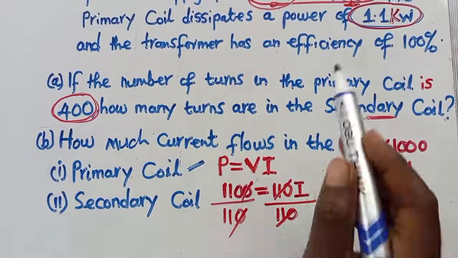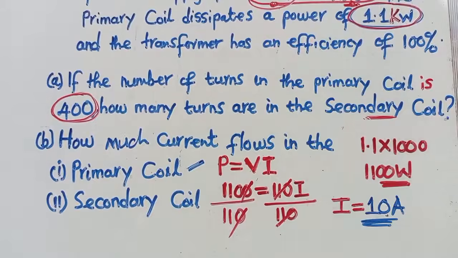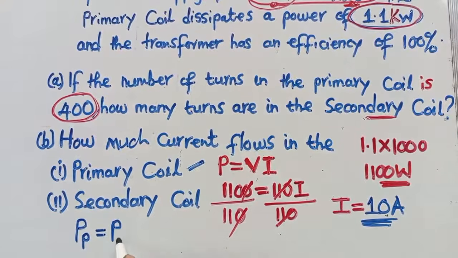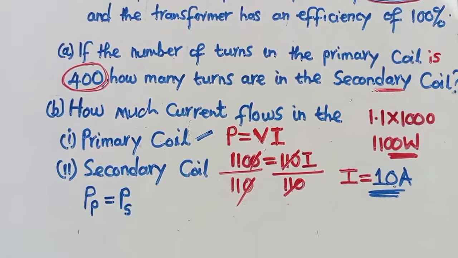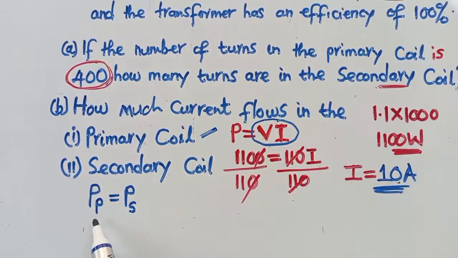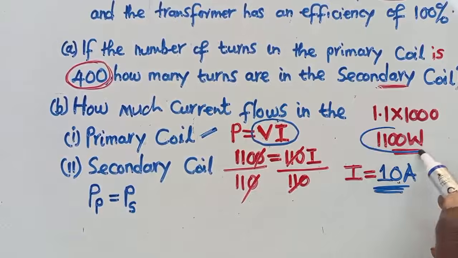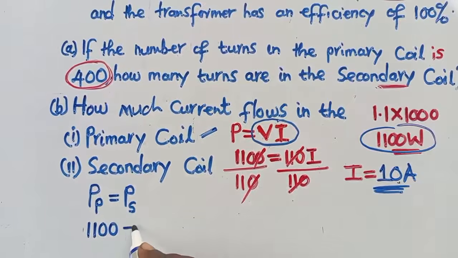Secondary. There is nothing being said there about the secondary if you analyze the question. So what we are going to use is a formula that states that power in the primary is equal to power in the secondary. So this is the formula we are going to use. You know the formula for power is this one. Power in the primary is already given, and we've calculated it: this is 1,100, which is equal to